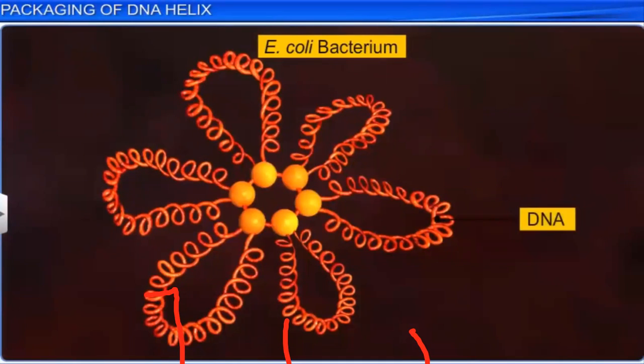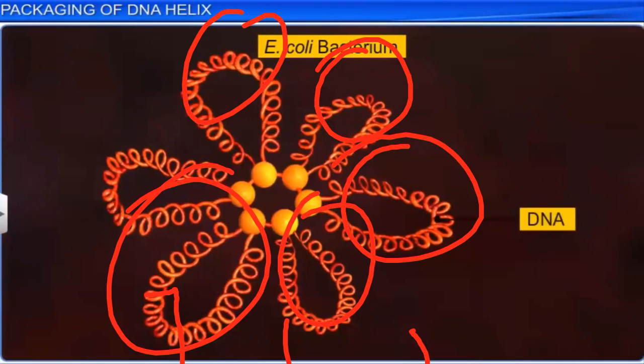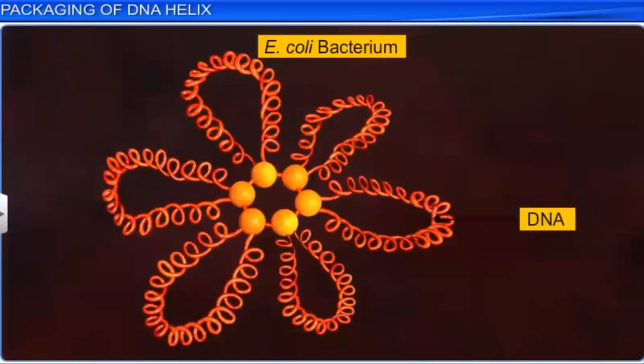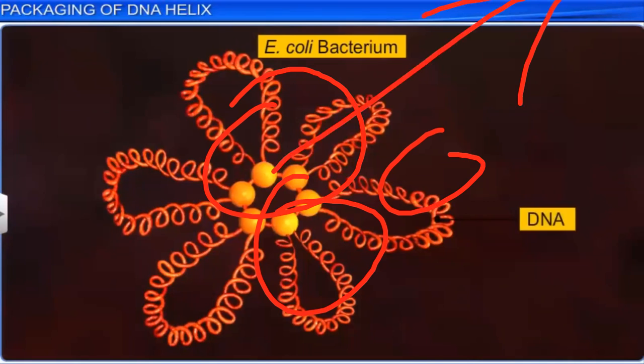Now here this is the structure of DNA, and when you see this, they form like a flower. In this flower-like structure, this yellow colored thing what you see now is actually positively charged. And these loop-like things are actually DNA, which is negatively charged. These are the proteins, and these are the DNA. What they do, they nicely loop